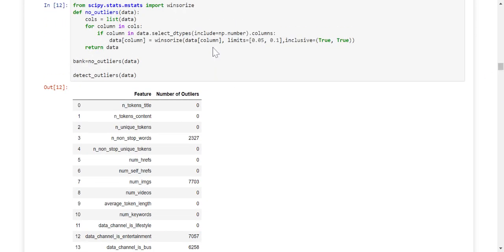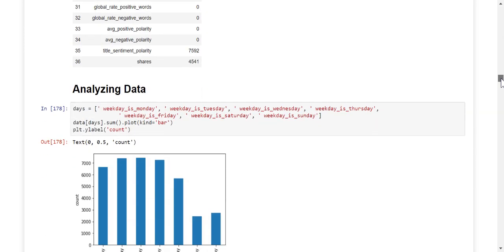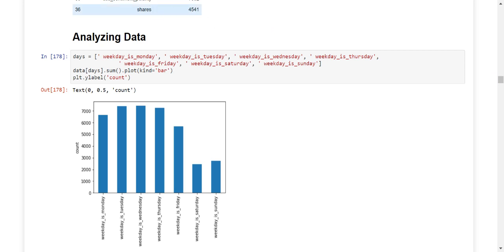I just applied this package to my entire data set. So it did resolve my issue of outliers in many of the parameters, many of the attributes, but not most of them. So for this data set, for the shares one, it is showing outliers around 4,000. I'm not going to dissolve these outliers. The reason being, shares basically means the views for any article. Now it is very normal for one article to be extremely popular and one article to not even get more than one or two views. It just depends on the content that we're displaying. So I won't consider any of those as outliers. So I'm just ignoring that part.